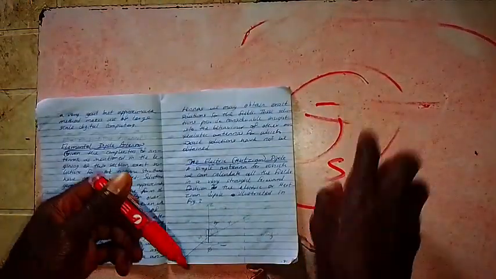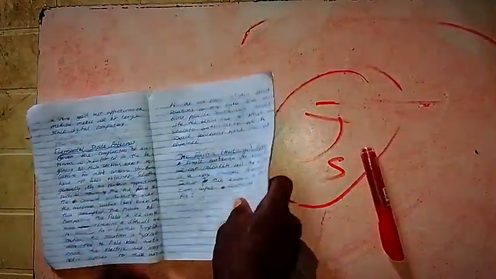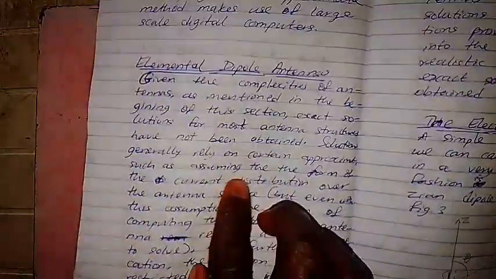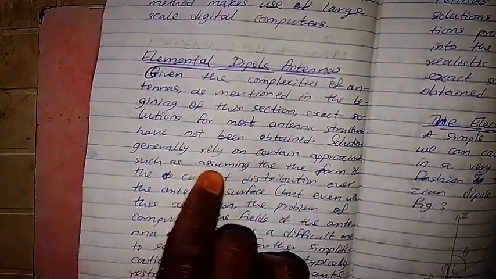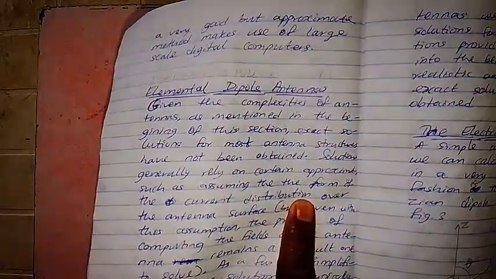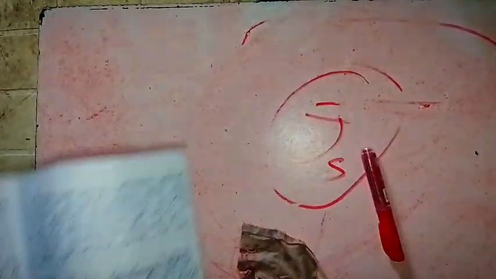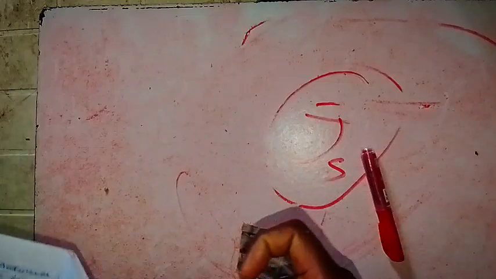So how is this guy distributed over the surface of the antenna? Of course, in real life, we don't know the form yet, so we are assuming it. We assume so that we can solve, so that we can get an approximate